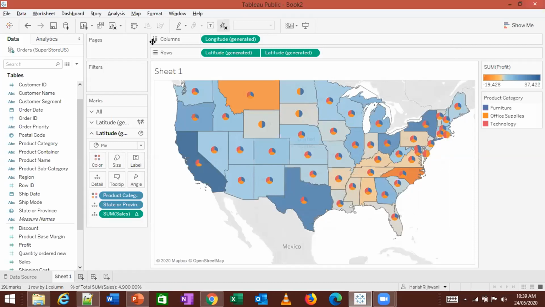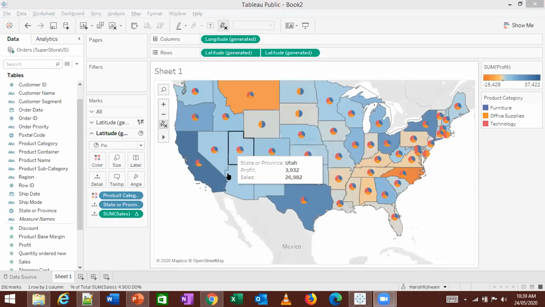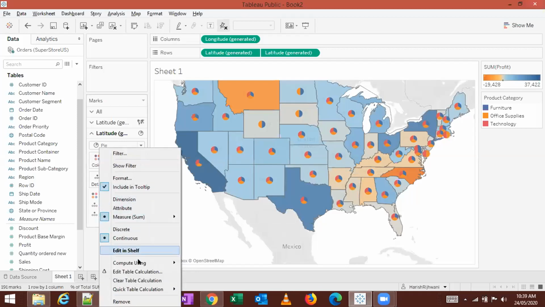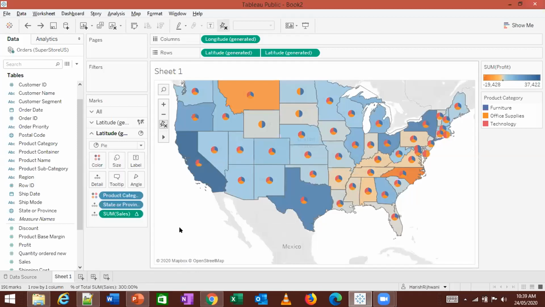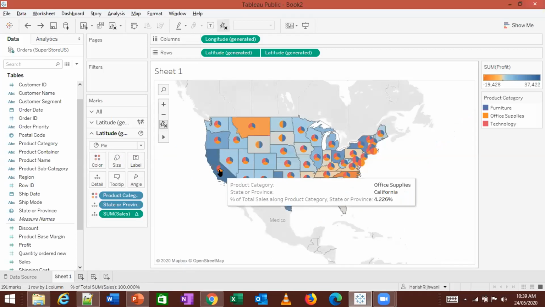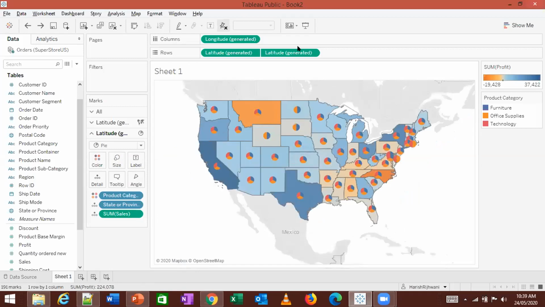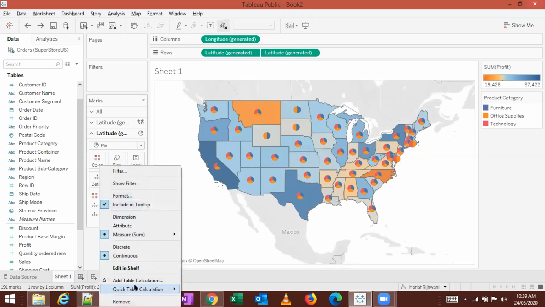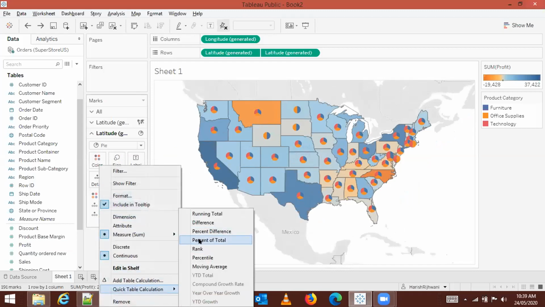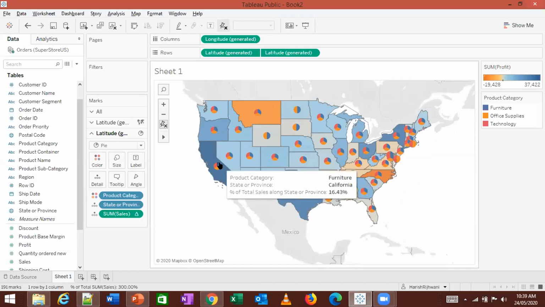Any questions till now? Understood what I said about this percentage? Let me repeat this again, the percentage thing. We got the sales. When I do a quick table calculation and add percentage of total, I see these percentages: 16%, 13%, 14%, and this.